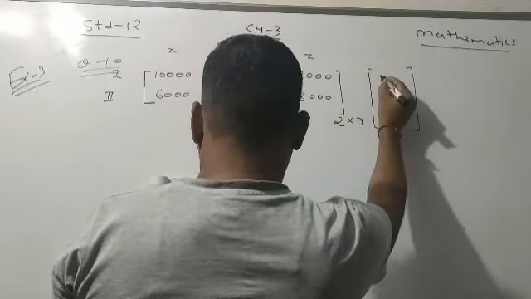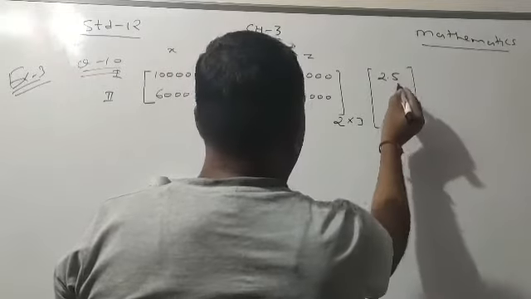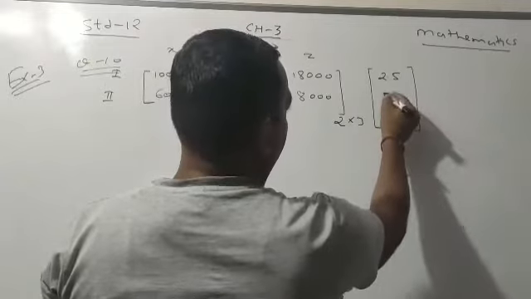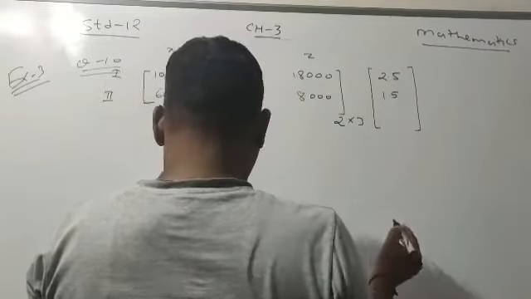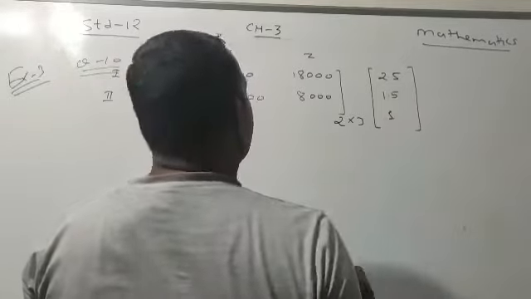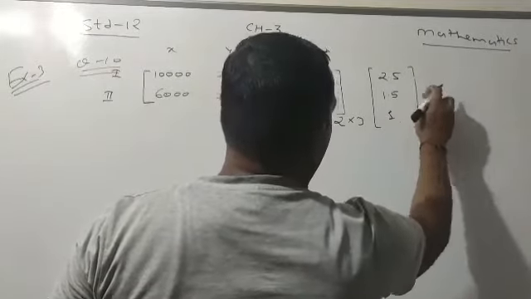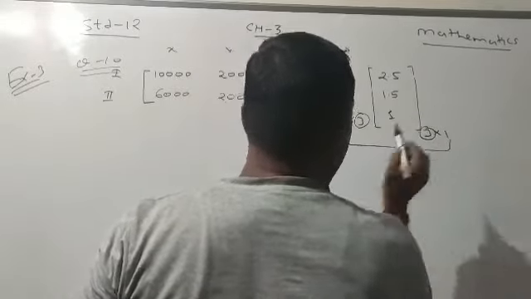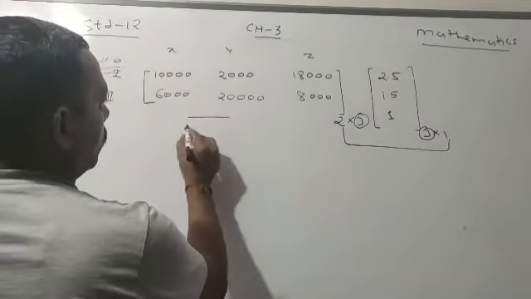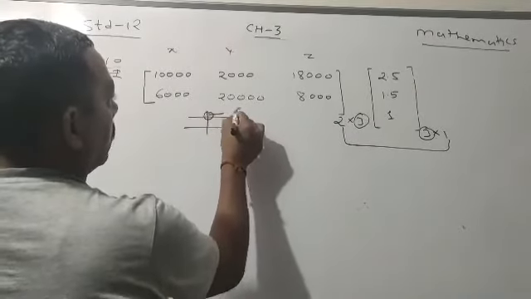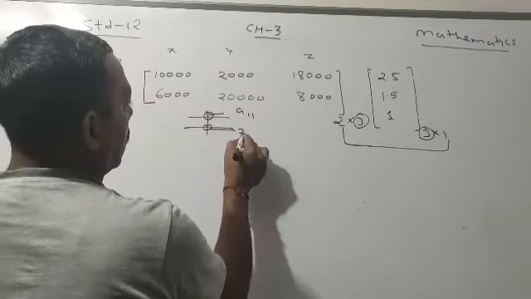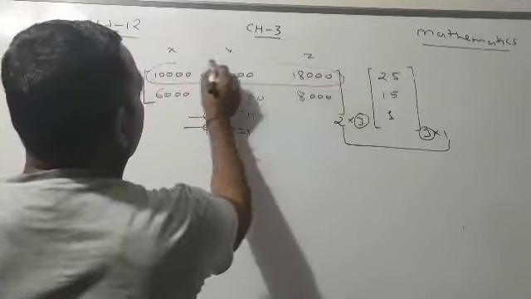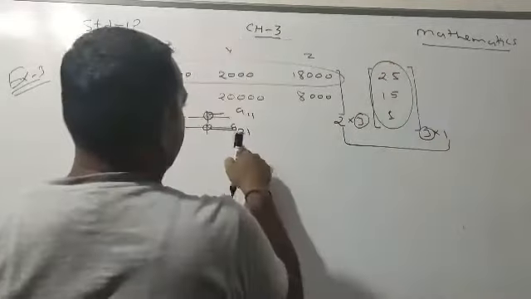The selling price per piece is 2.5. Here they wrote 2.50 paisa. I wrote 2.5 because you have to multiply this with the help of a calculator. Now here it is 1. Now this will be 3 rows, 1 column. So multiplication is possible and the answer is 2 by 1. So what do you mean by 2 by 1? 2 rows, 1 column. So the first entry is A11 and the second entry is second row, first column, that is A21. That's why we will multiply first row with the column. That is my first answer.